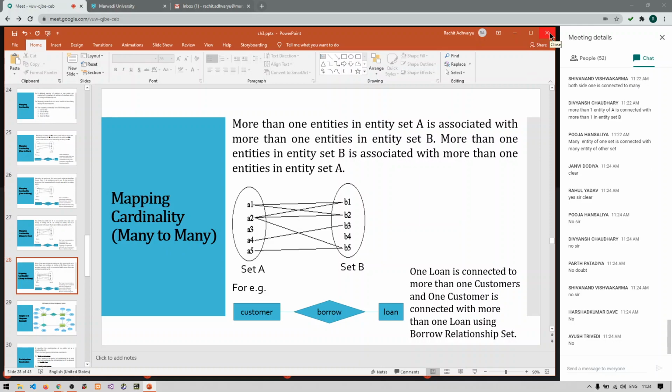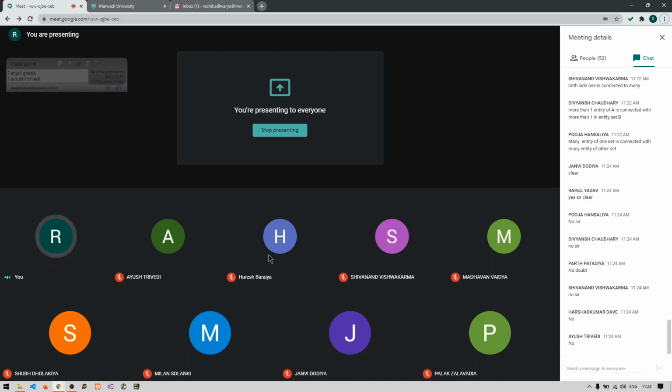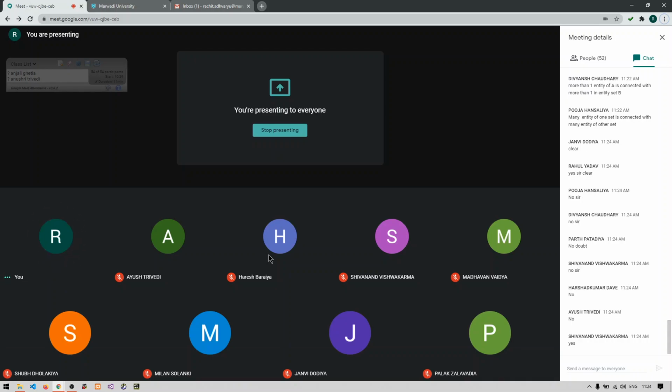Okay, then the next thing is, I am not continuing with the next topic, but I have to discuss something with you all. So I'm just stopping this PPT. Right. Now you all have received 3 emails from my side. If you have checked your institute email, you would have received 3 emails. One will be the login credentials of Oracle Academy. Second will be an incorrect email. So I have to send a correct email by the third email. So has everyone received my 3 emails first of all?